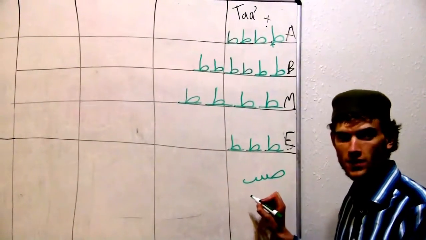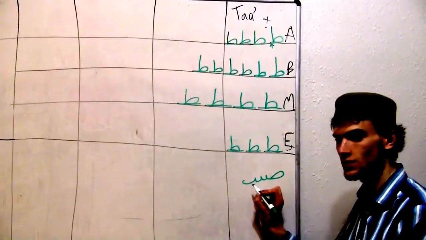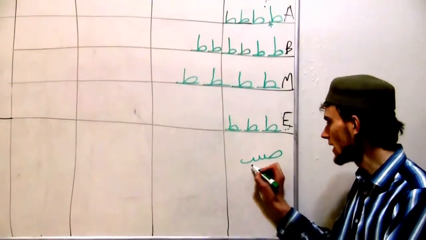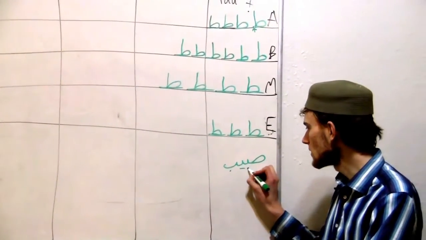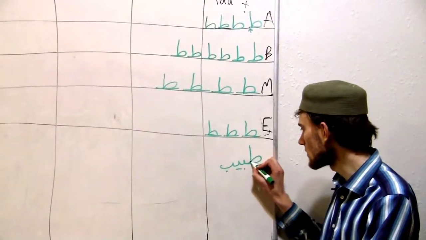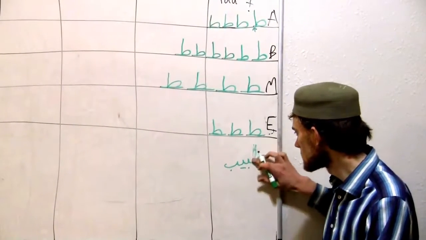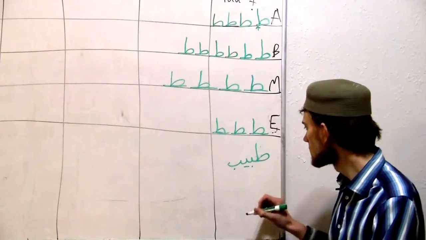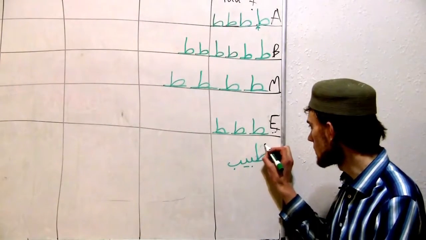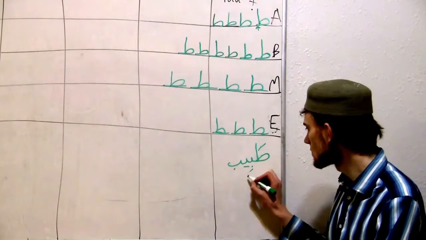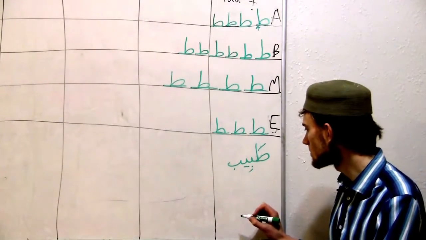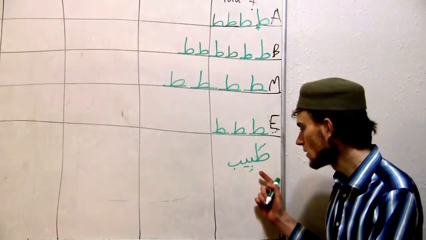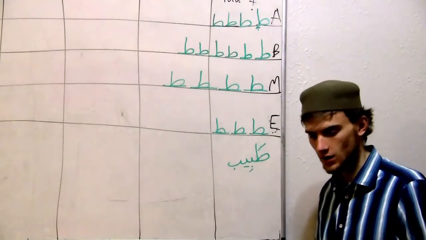Pay attention to how I write this, by the way. See, I'm writing out the skeleton of the word. Now I've put in the dots. Including the dots is that vertical line down. And then I'm going to put in the vowel marks. Okay. So, this means doctor in Arabic.